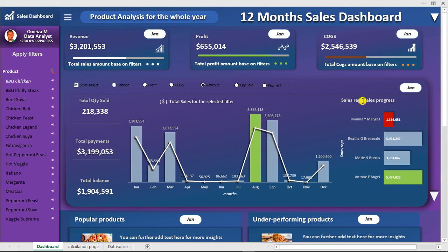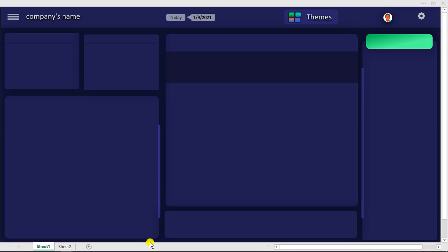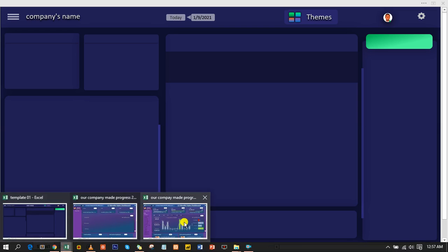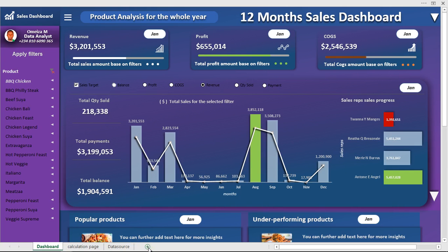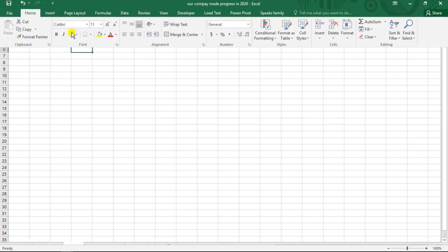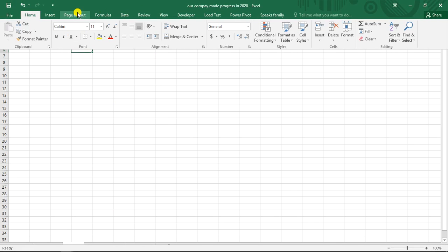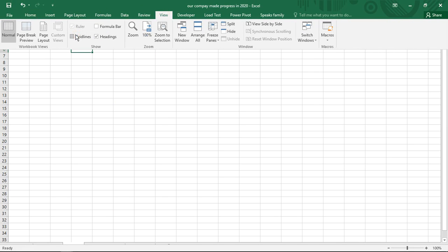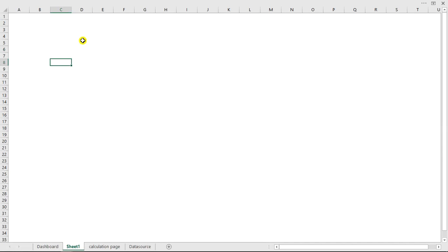So let me show you how to get this background. Just click on this plus sign right here to start creating the background. So we have this blank worksheet right now. First of all, we have to remove the gridlines. Just click on View and take off the gridlines, so we have nothing but an empty